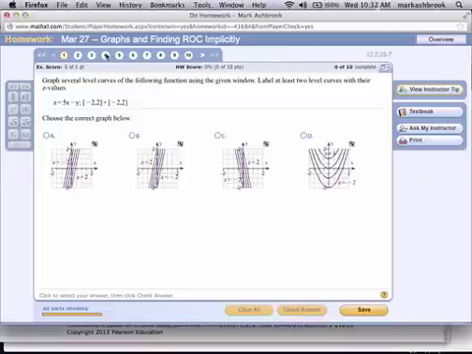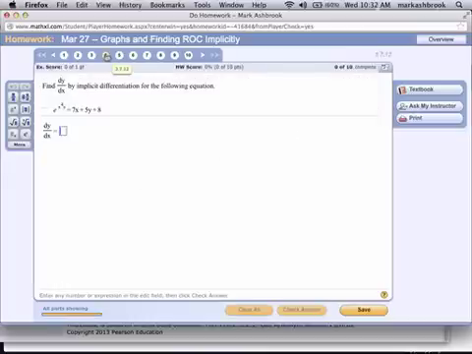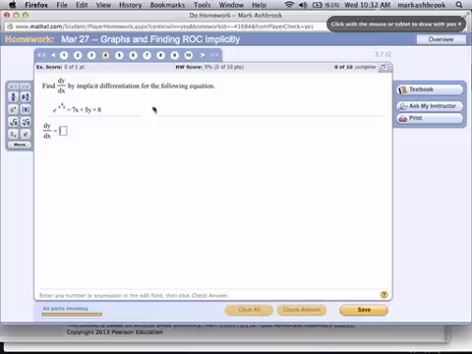Number 5. Okay, so I can't make that any bigger, so I'll just rewrite them. Your problems may have had different numbers, but the same structure of the problem. So this first one,